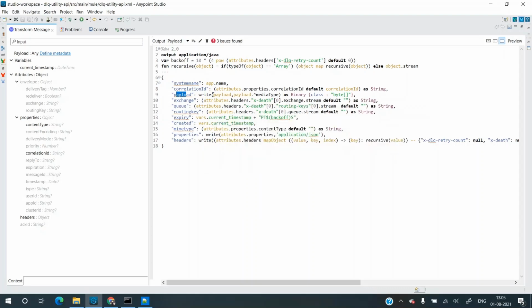So for payload, what we are doing is we are using this write function. So we are getting the payload. Now we don't know what the payload could be. It could be XML, JSON, CSV, or any media type, right? So we are using this particular format to identify the media type and the payload, and then we are using